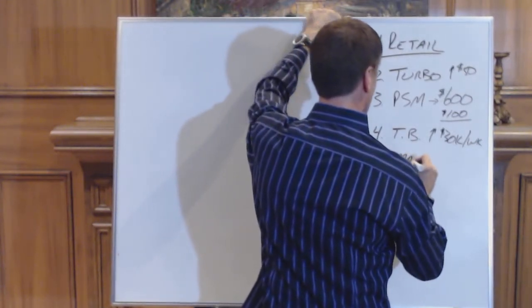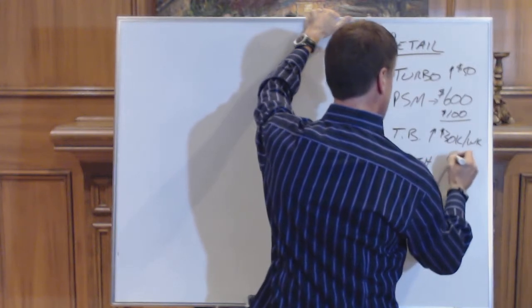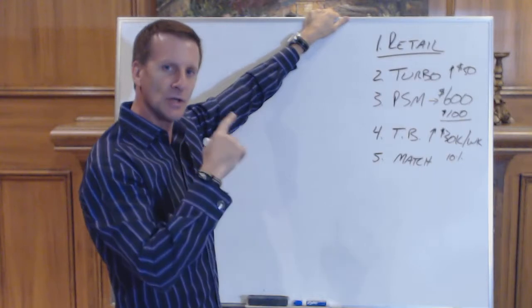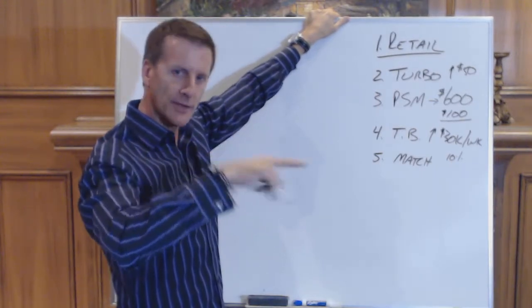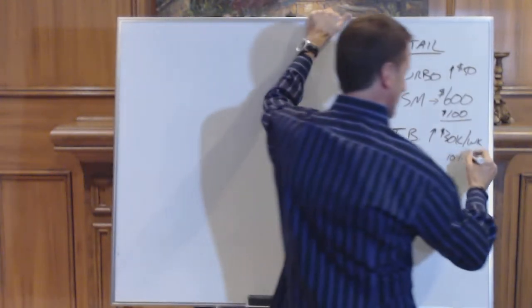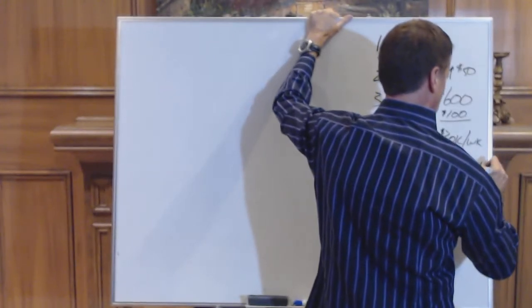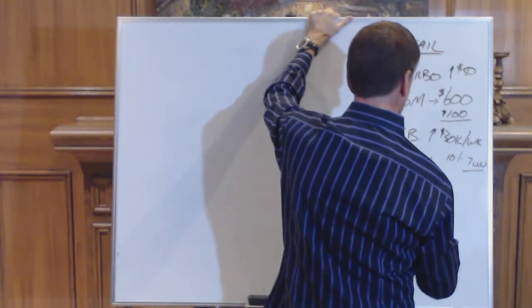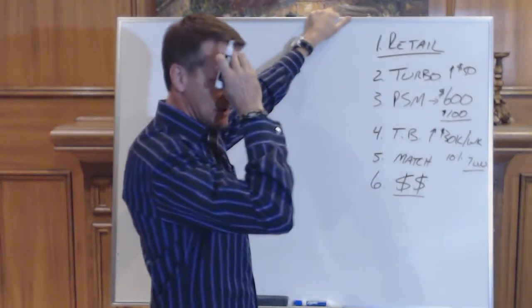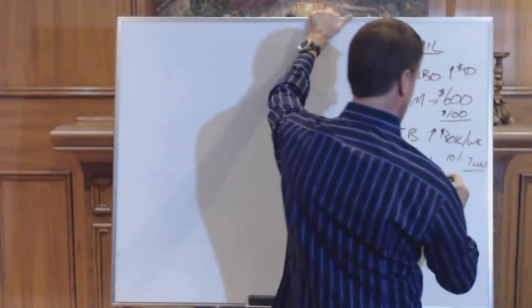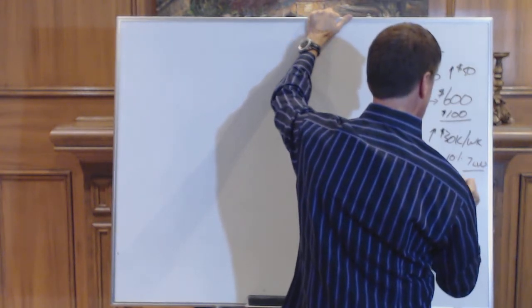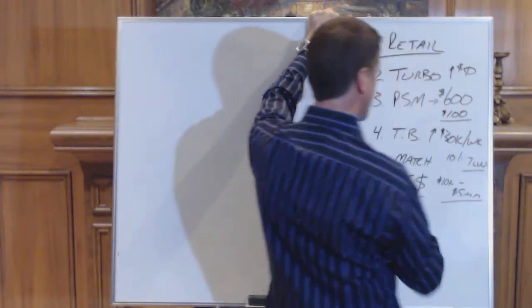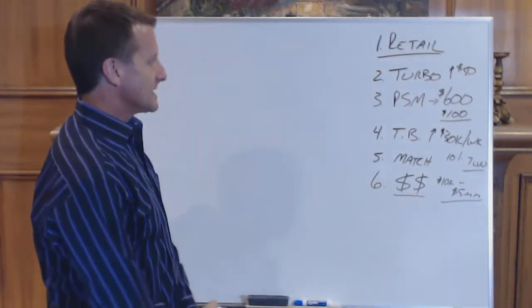Fifth is the leadership match. That's a 10% match of the binary team bonus of everyone you enroll and everyone they enroll and everyone they enroll, etc., up to 7 levels of match. And then the 6th one is the leadership cash rewards. As you achieve certain leadership ranks, you get one-time cash rewards from $10,000 US up at the top to $5 million US. Okay. Now, let's go ahead and break these down.